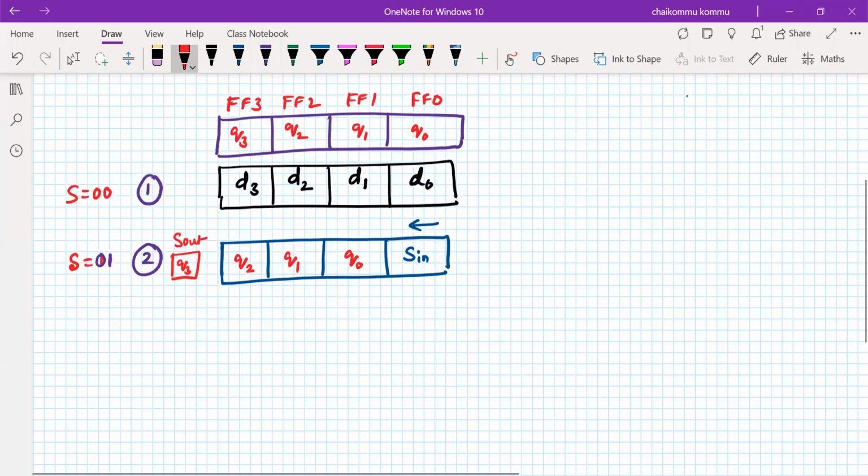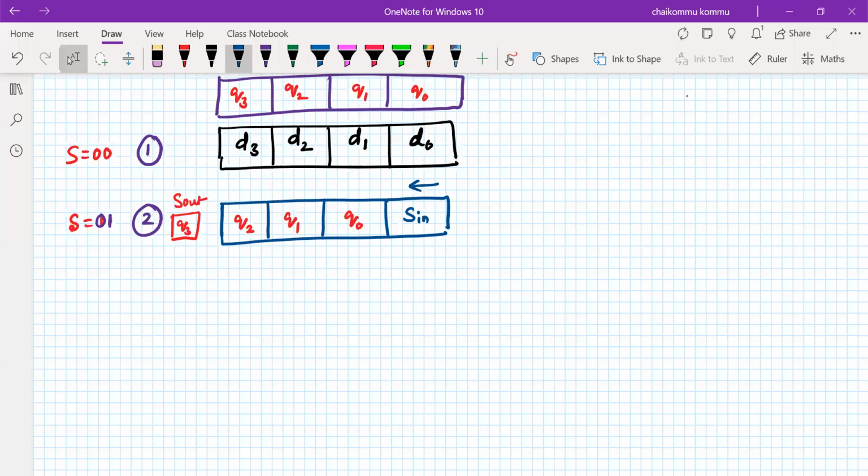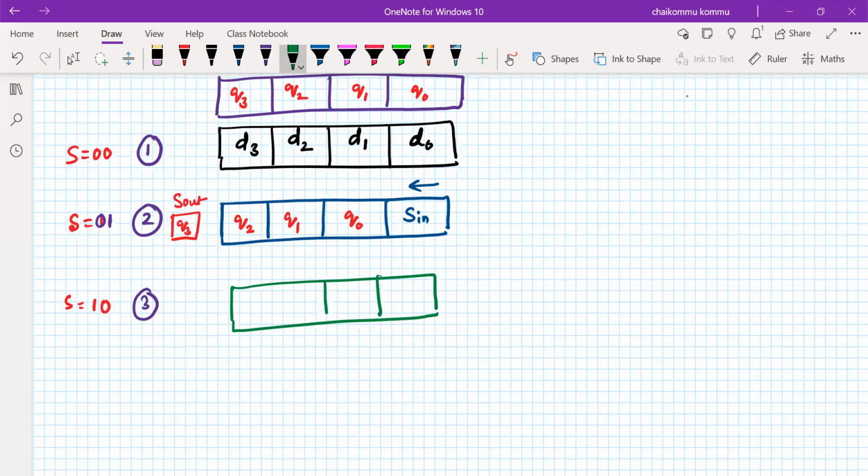Similarly, if S is equal to 1, 0, for example, that means we are talking about the third operation. So what can we observe then? What is the content of the flip-flops? The content of the flip-flops is, here SIN will be there. Serial in data is now available here. Actually, this is a vacant position that is filled with zeros in general, but for the sake of identification we are using the serial in data. Now this is filled with Q3 here, this is Q2 here and Q1 here.